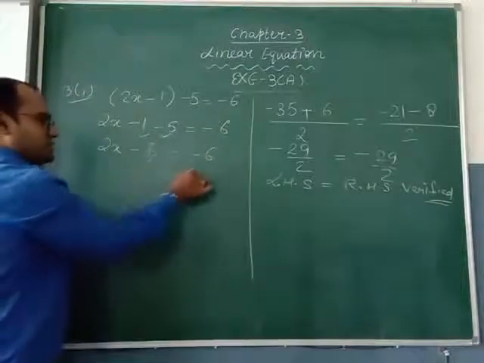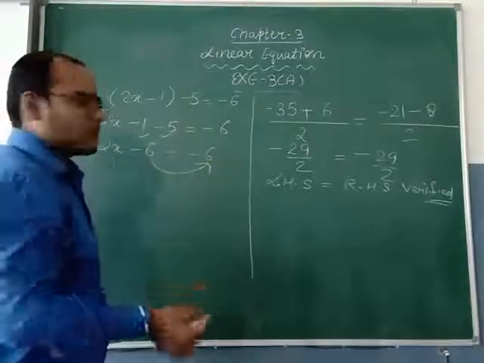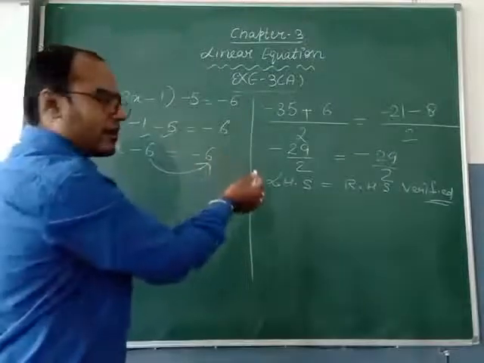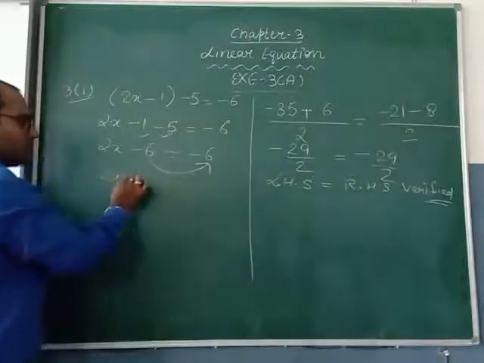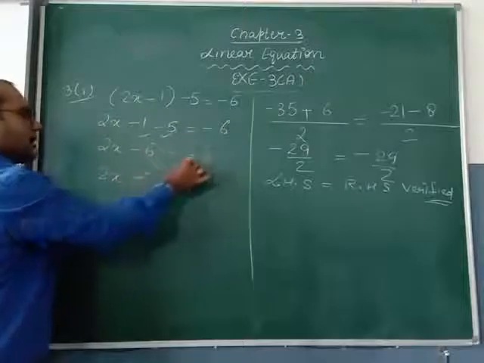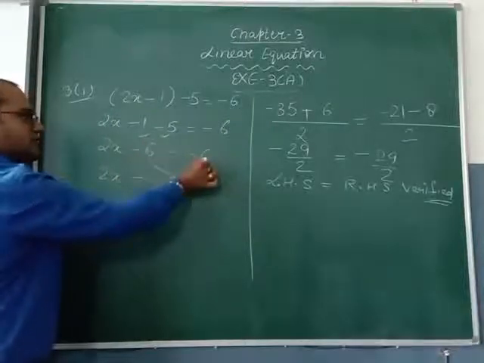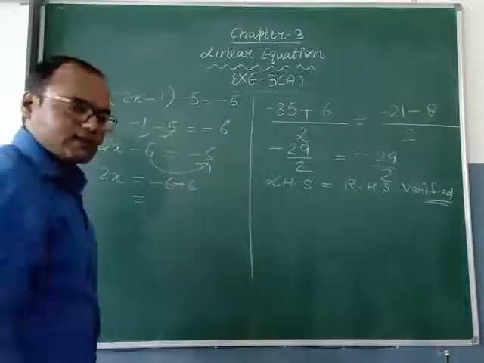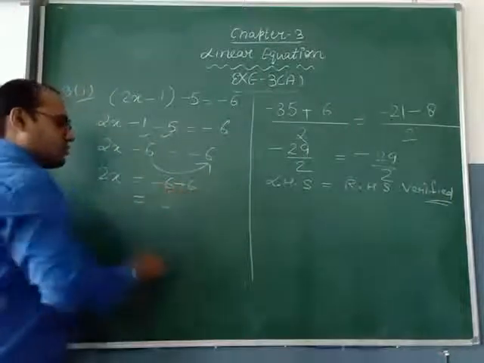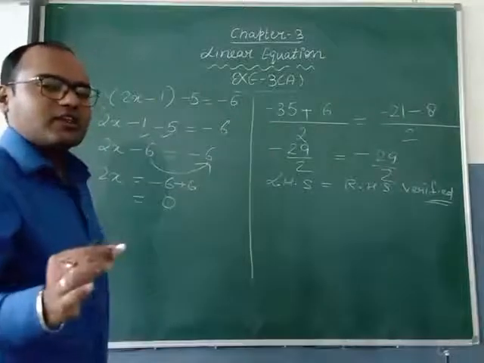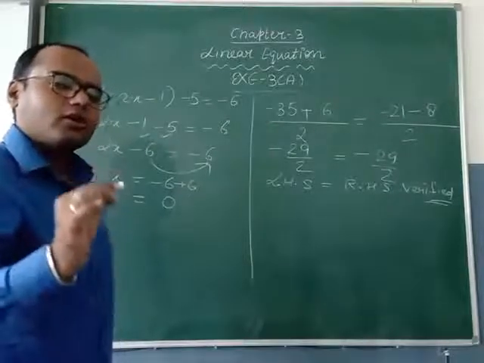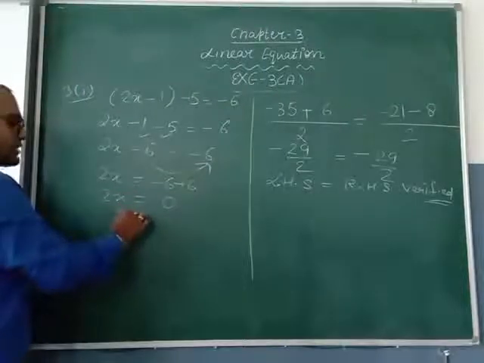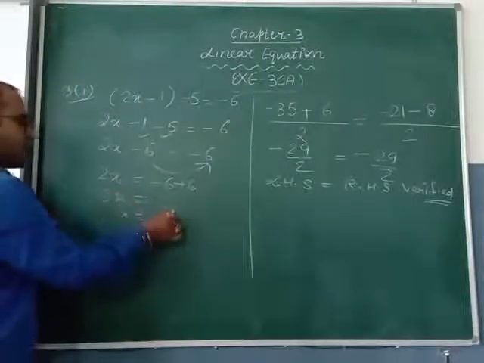Now this minus 6 we have to bring to the right hand. Why? Because these two terms are constant terms. So we will move them to the right hand. So 2x will remain here, equal to minus 6 as it is. This minus 6 will go to that side, so it will become plus 6. And minus plus is minus. So 6 minus 6 will be 0. And 0 does not have any sign. 0 is neither a negative nor a positive number. So no need to put any sign. 2x. x is equal to, this 2 will come here and divide.